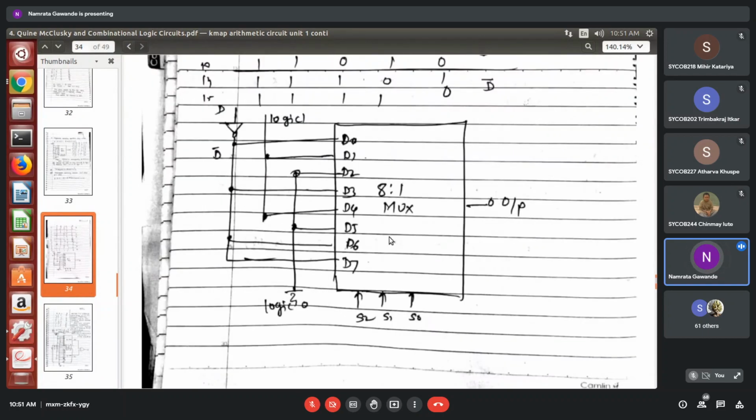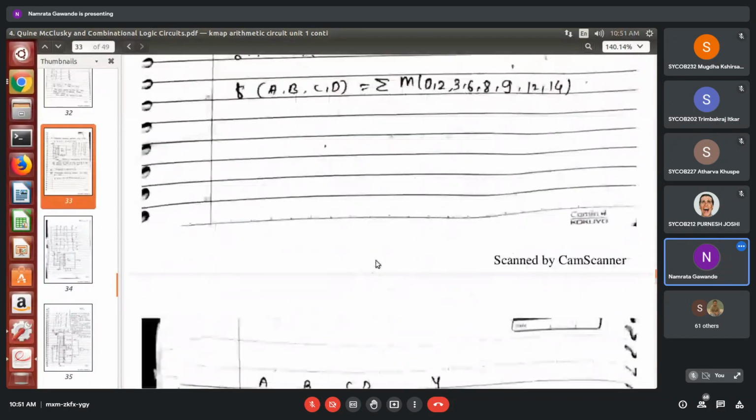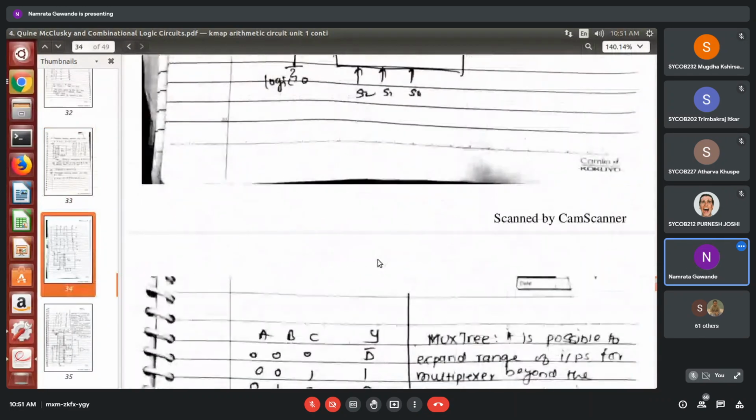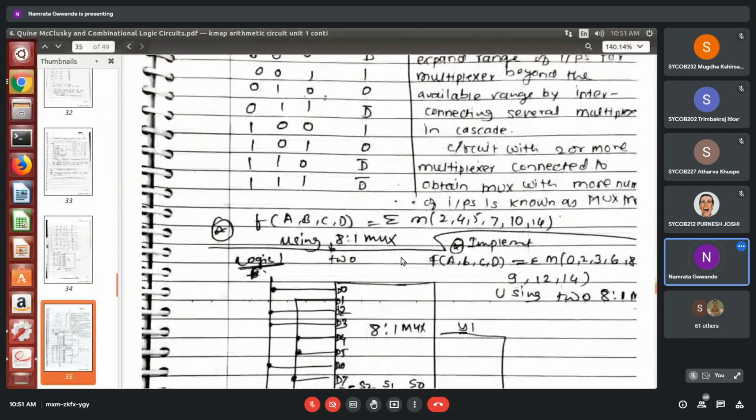Students, have you understood this example? I will not ask again, just answer from your side. Yes, ma'am. Yes, ma'am. Okay, so this is one technique. Now, another technique. If you are having any doubt, you can ask.